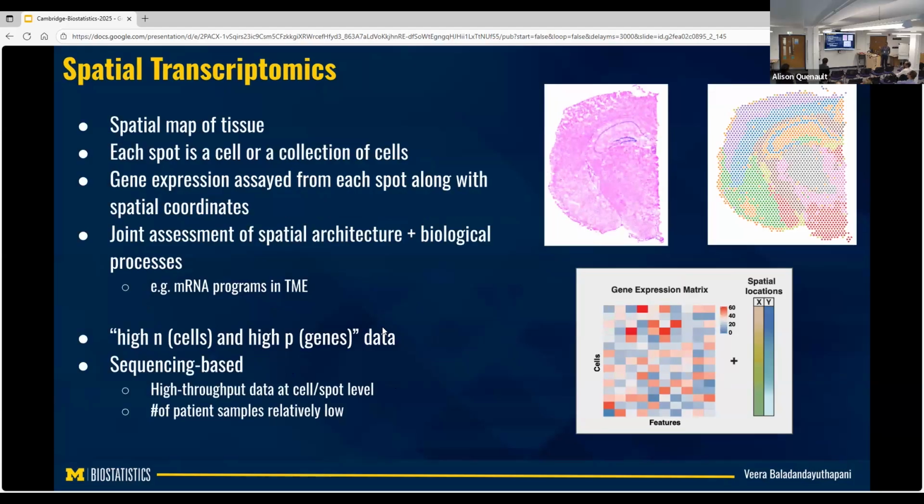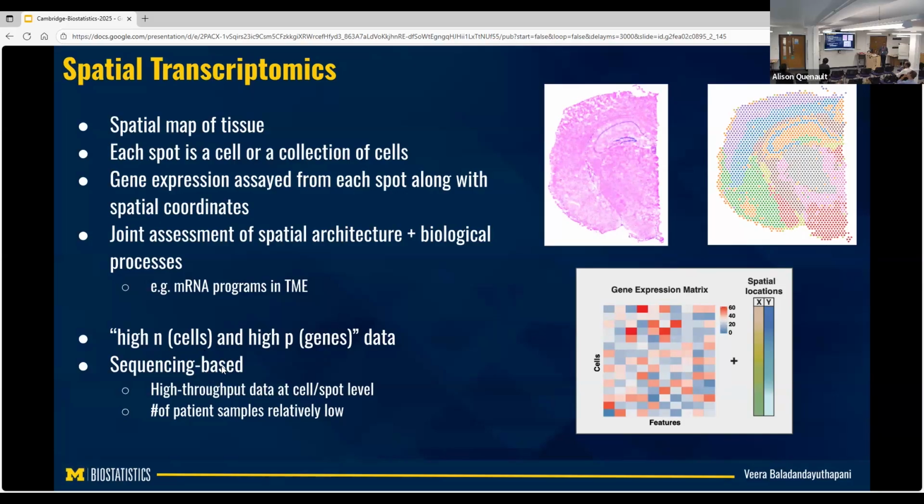The transcriptomic one is a bit more nuanced in the sense that it's again the same sort of arrangement of the cells, that you have the cells over the map, you get their spatial locations, but now the features are very high dimensional. So basically it's gene expression. So from each of these spots, you have a 20,000 dimensional vector coming out, which is the gene expression. So that's why it's high dimensional. There are a lot of cells, thousands of them, or hundreds of thousands of them, possibly a million. And then high P, which is a lot of genes. So this is sequencing based.